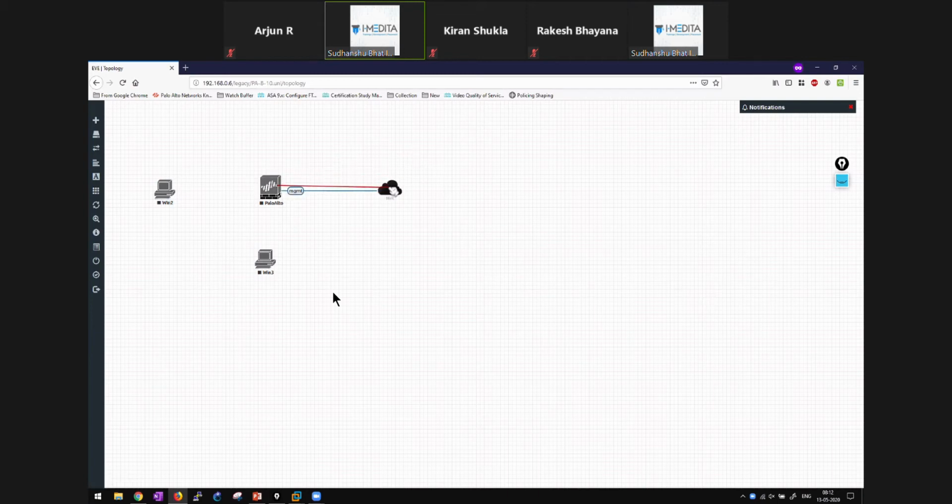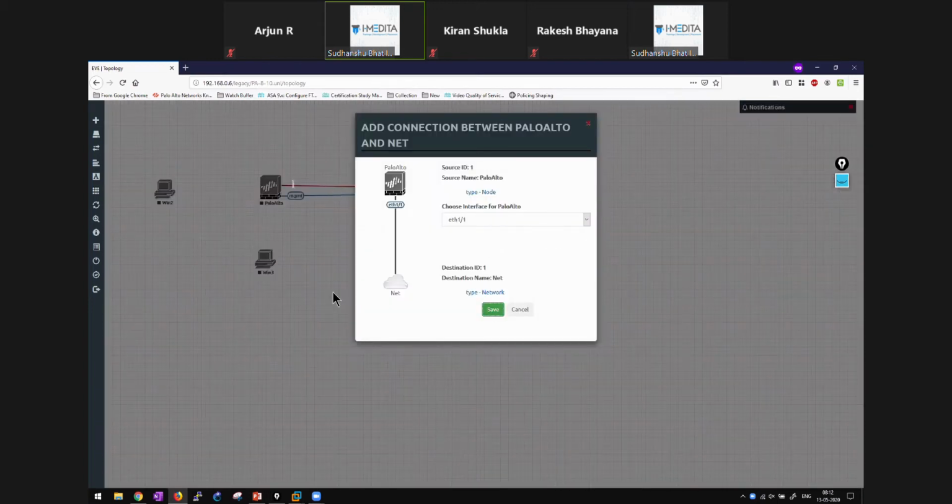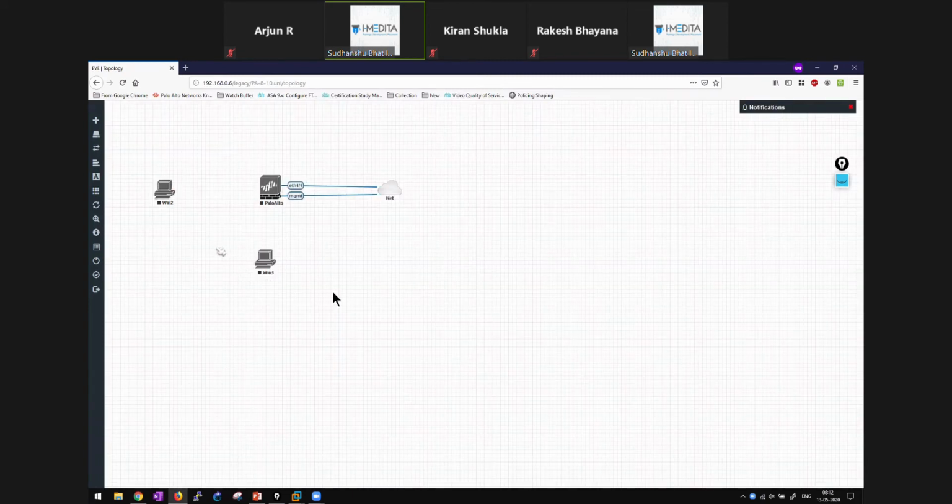So I'm selecting this, bridging or connecting it to outside, because when I make policies on URL filtering and all those other things like Facebook app ID, that app ID, this app ID, I'll need the actual internet to work.